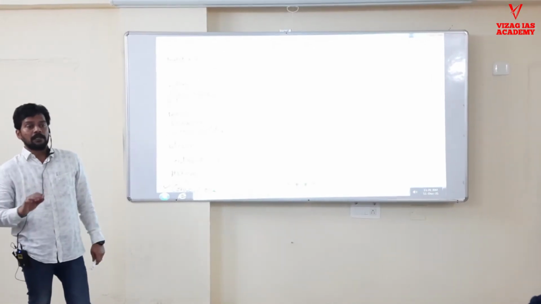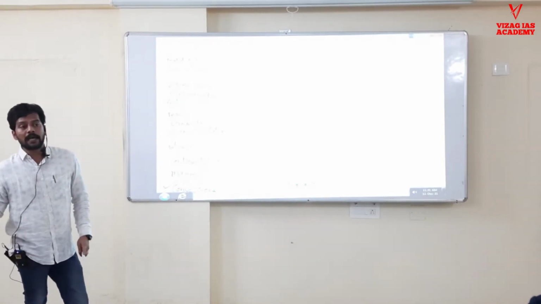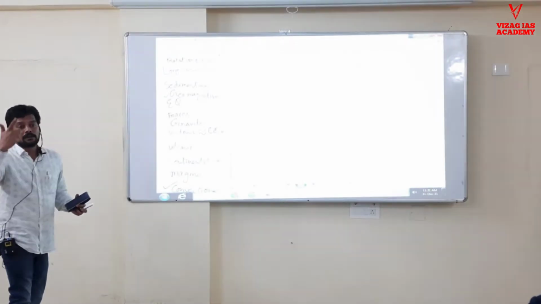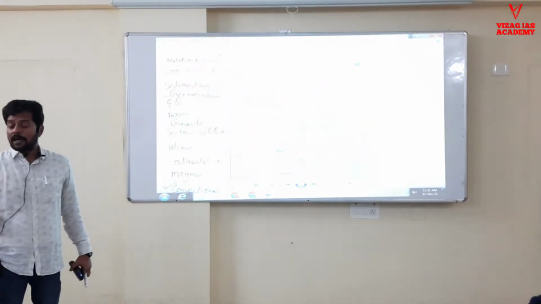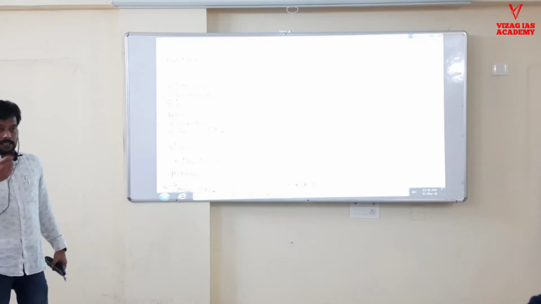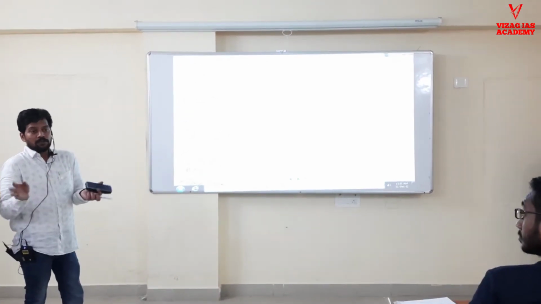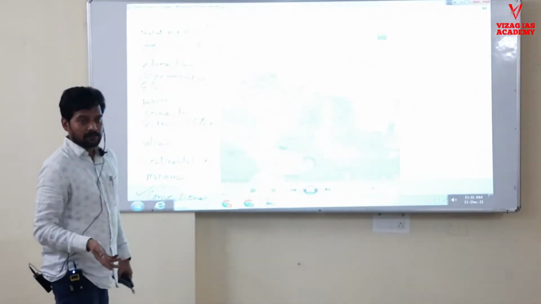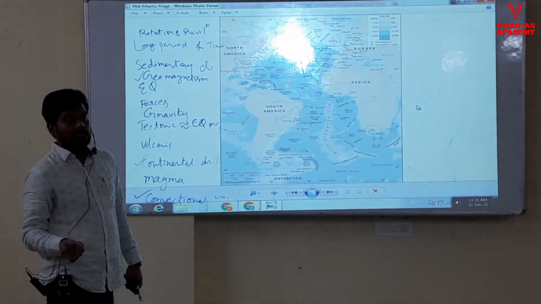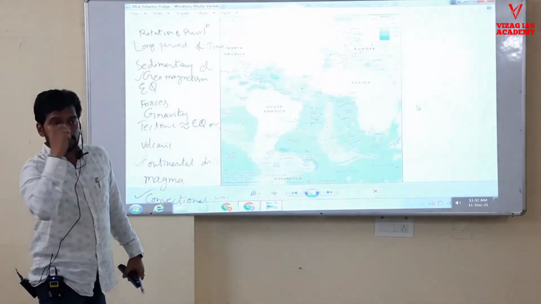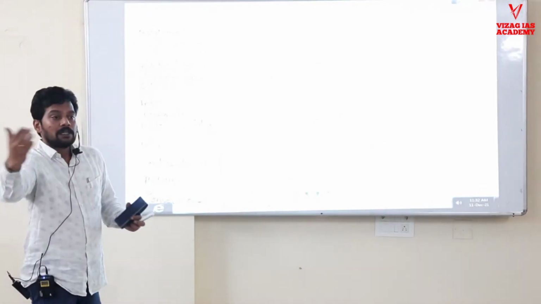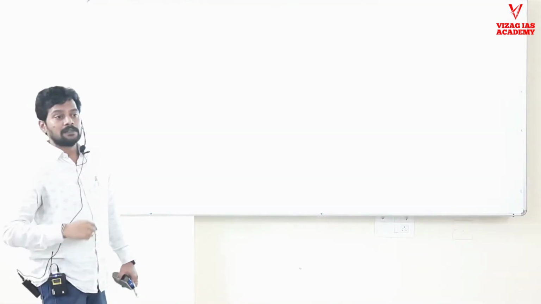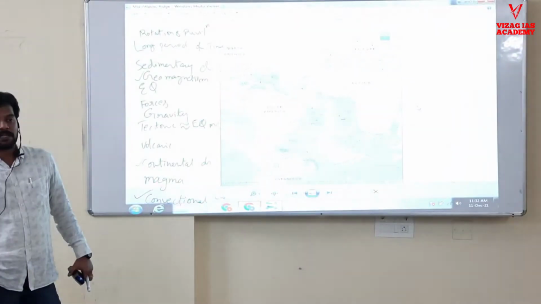Sea floor spreading, magnetic reversal. Geomagnetism is not constant every time because of flows inside. See, I told you how convection currents are being generated because of the radioactive material decay. Inside, radioactive material decays, meaning those materials will change form to different forms. Then heat will be generated. That heat may be in this place today, and after a few years in the next place. What happens? These convection currents will change their direction, and based on the convective current direction, polarity will be there, magnetic polarity.